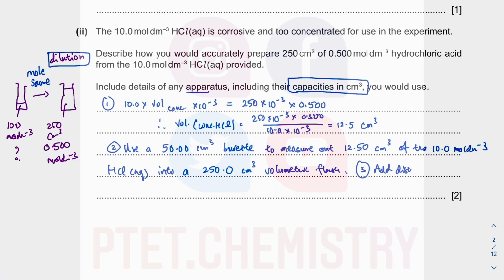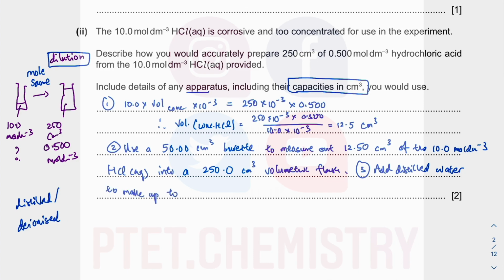add distilled water. We don't want to add tap water. We don't just want to add water. We have to specify distilled. Either you specify distilled or you specify deionized. They basically say the same thing, which is that the water doesn't contain any dissolved minerals. The water does not contain any dissolved ions. It's just pure H2O. Right, so add distilled water to